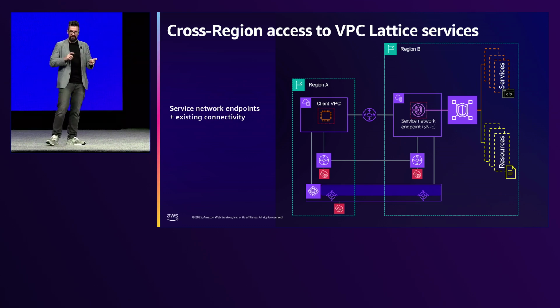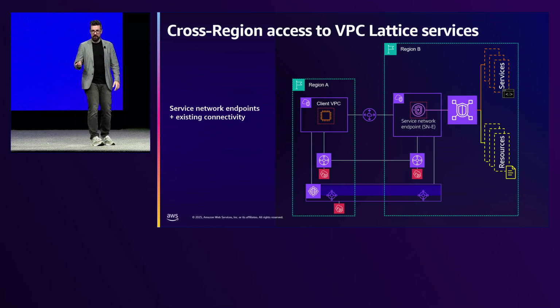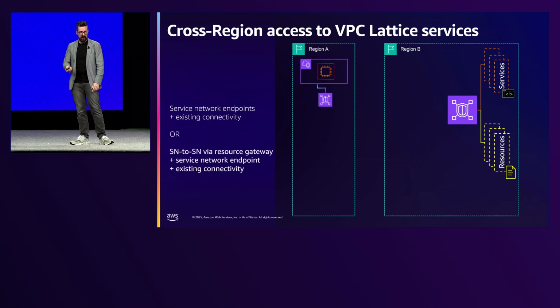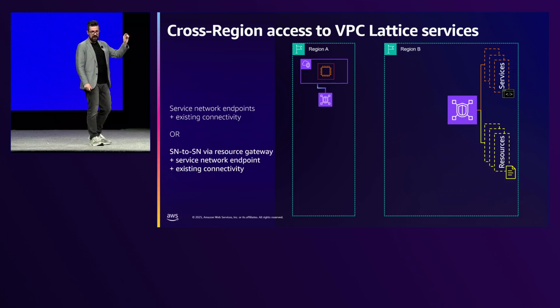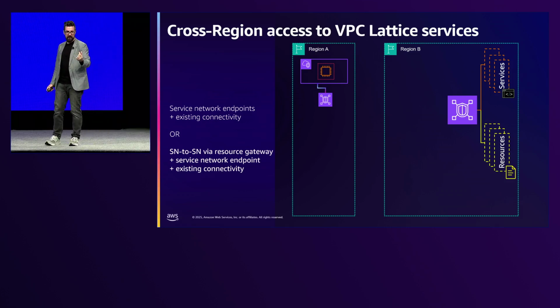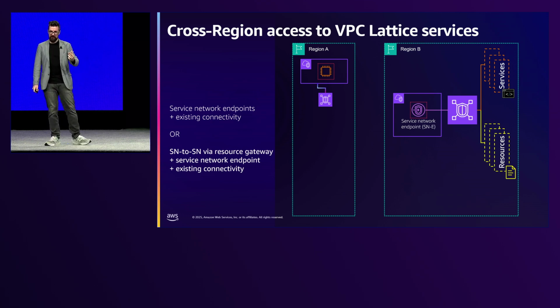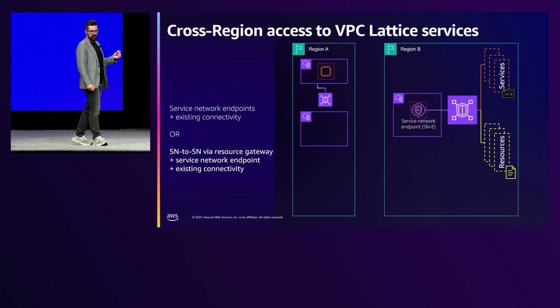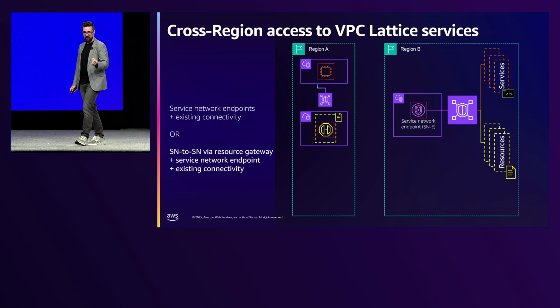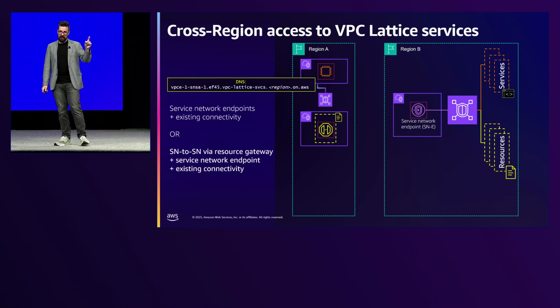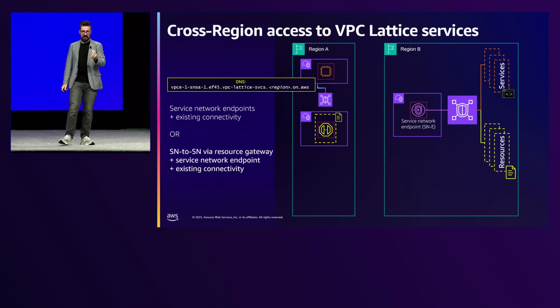But this still requires us to have full layer 3/4 connectivity to that remote region. So alternatively, I could do this via service networks instead. So in region A, I've got the same setup here, but in region A, I've now created an association from this VPC into a service network. And in region B, I'll have my service network endpoint, same as before. But in region A, I'll now create a resource gateway. And I'll create a configuration associated with that, and I'll target the DNS name of that endpoint in the remote